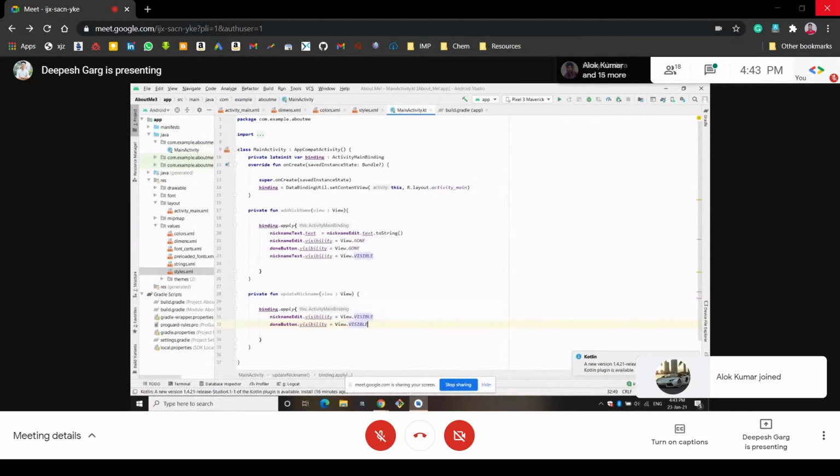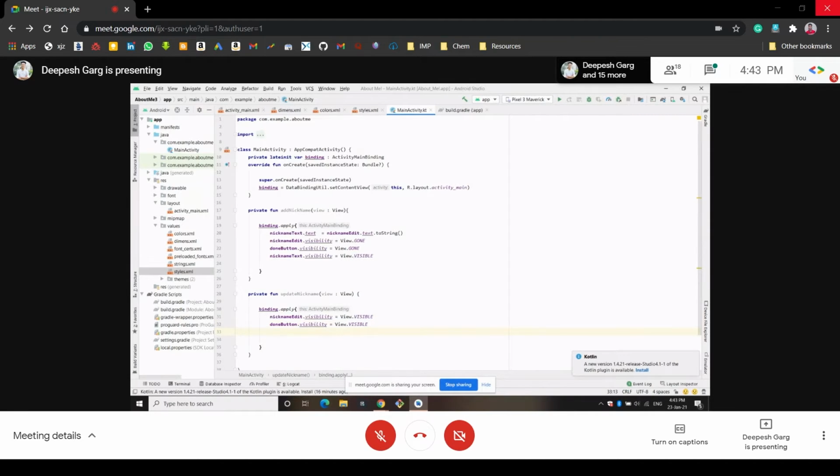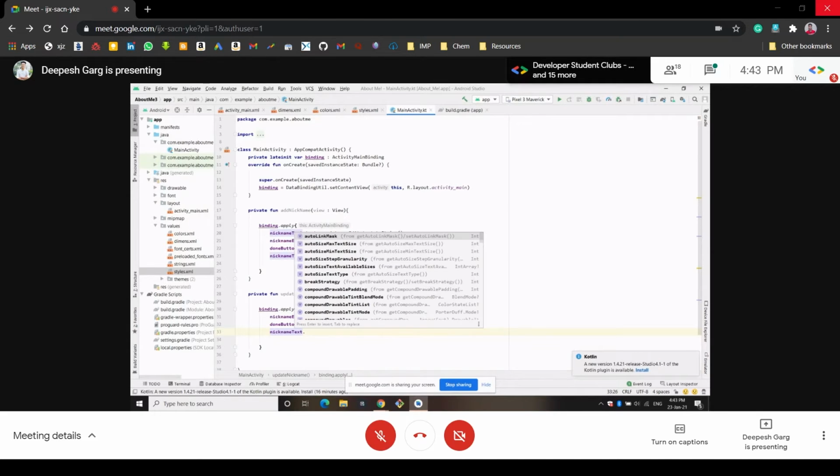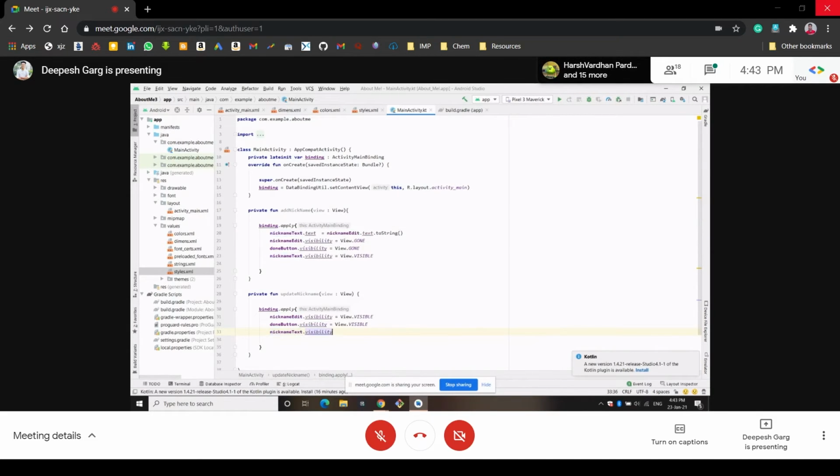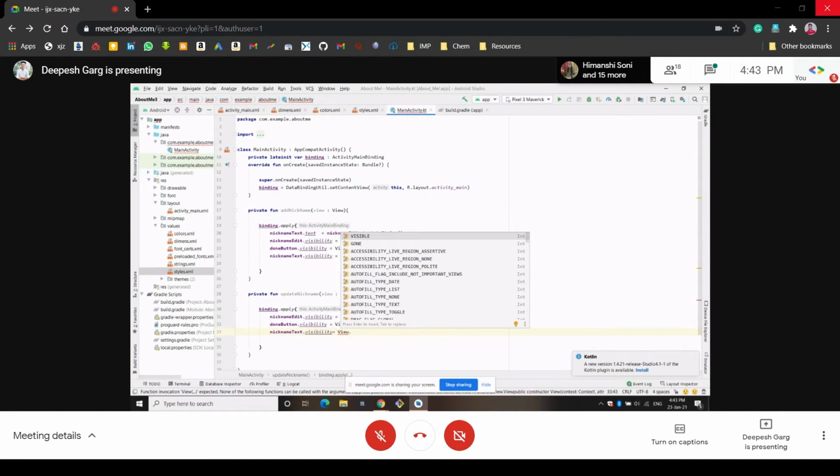Yeah, so it is visible again, and now we want the text that is written there to be hidden so that the user can edit that nickname. So we will hide this text view that is already present there. How will we hide it? We will find this view here, nickname text dot visibility is equal to view dot gone. So its visibility is gone now.